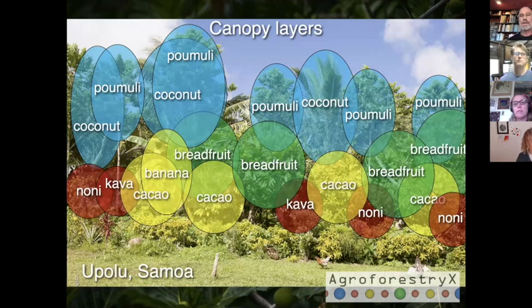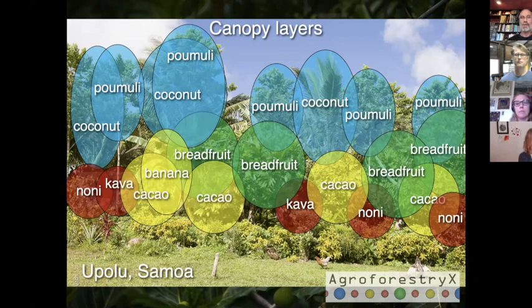So going back to that Samoan example that I showed you, that photograph, here we overlay the canopies of the different layers in that system. At the top we have coconut and another timber tree that Samoans love to use, which is called pomuli.